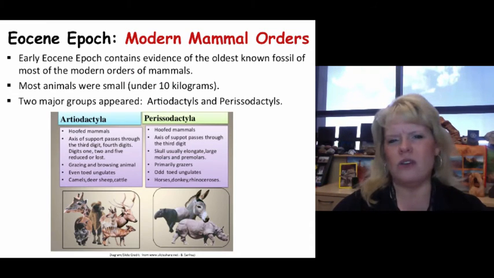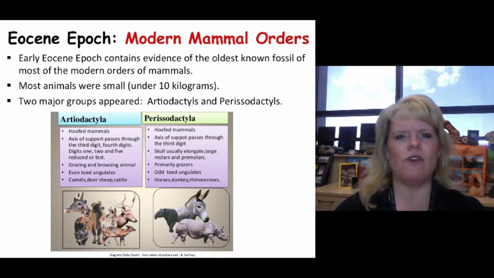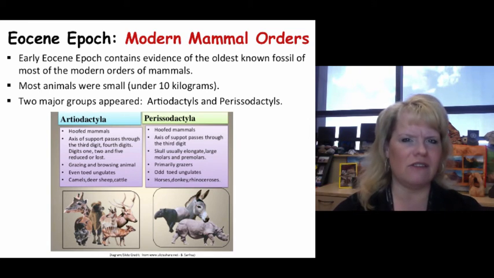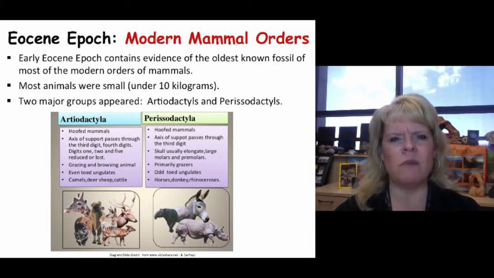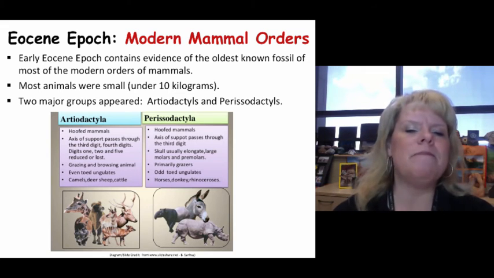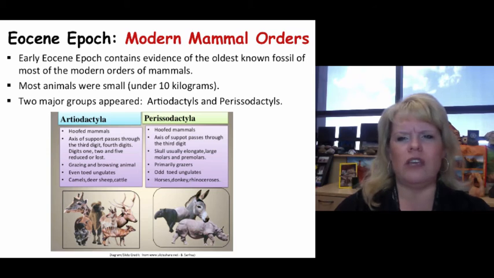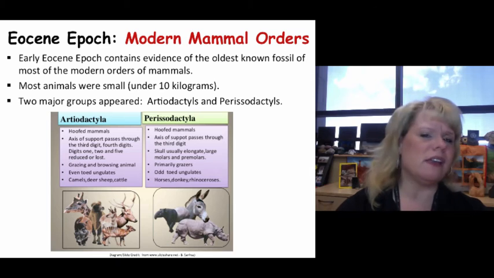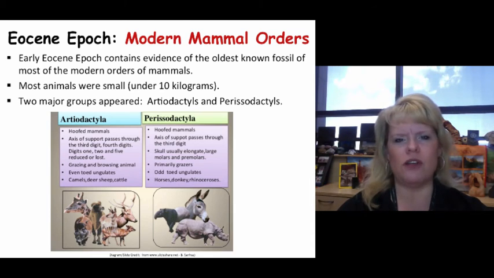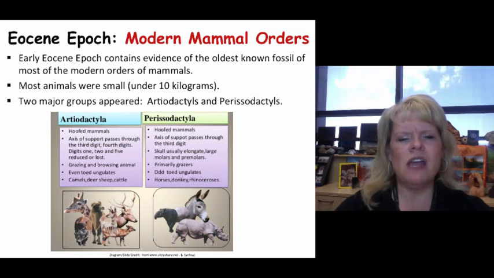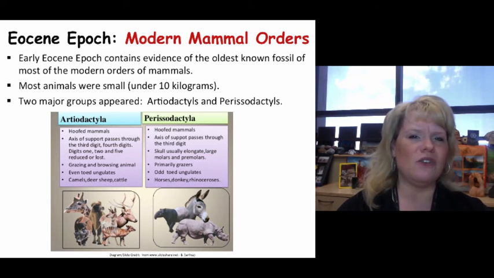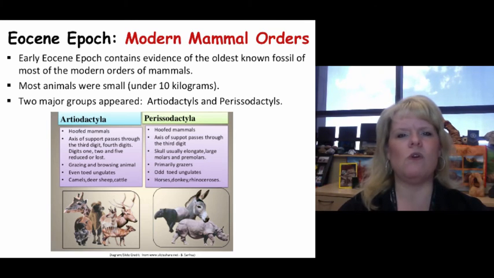When we think about the Eocene, after the PETM recovery, and as an FYI, you're looking at least 100,000 years for a major cycle change with the climate to really recover from major global warming like we saw in the PETM. So in the early Eocene, we had the oldest known fossil of the most modern orders of mammals, and they're going to radiate greatly after the PETM. Now, most mammals were very tiny, under 10 kilograms, which is going to be over 20 pounds, just to give you flavor. Artiodactyls and Perissodactyls were the two that really originated during the Eocene and produced some of the most important groups that we'll be looking at.